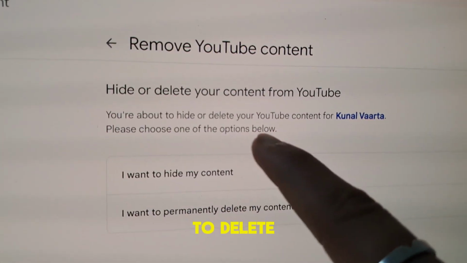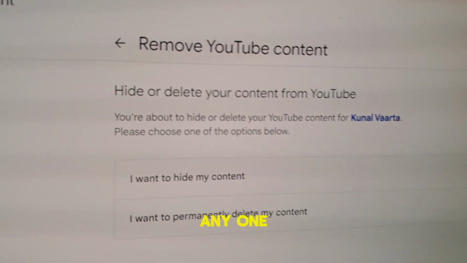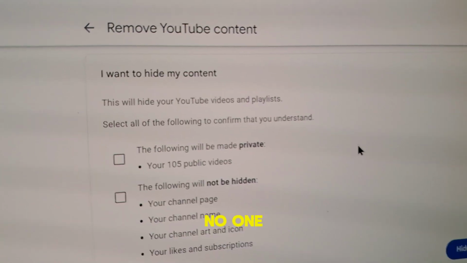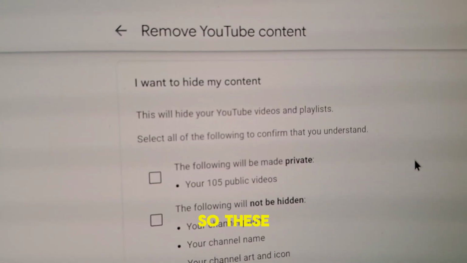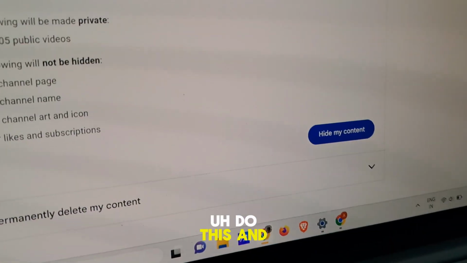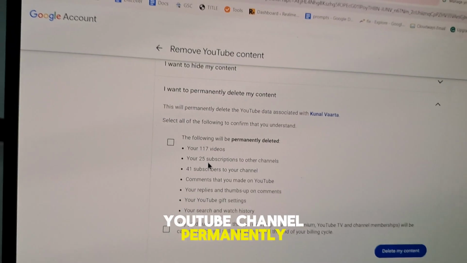to delete. Now here is the thing, you are about to hide or delete your YouTube content for Kunal Vartha. Please choose any one option. If you want to hide your content, so no one can see your channel or watch your videos, these are all the public videos that will be made private if you just do this and hide my content. But if you want to delete your YouTube channel permanently, this is how you can do